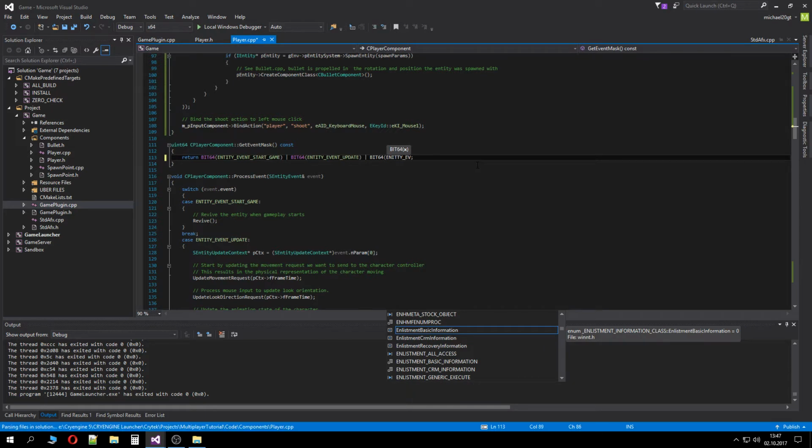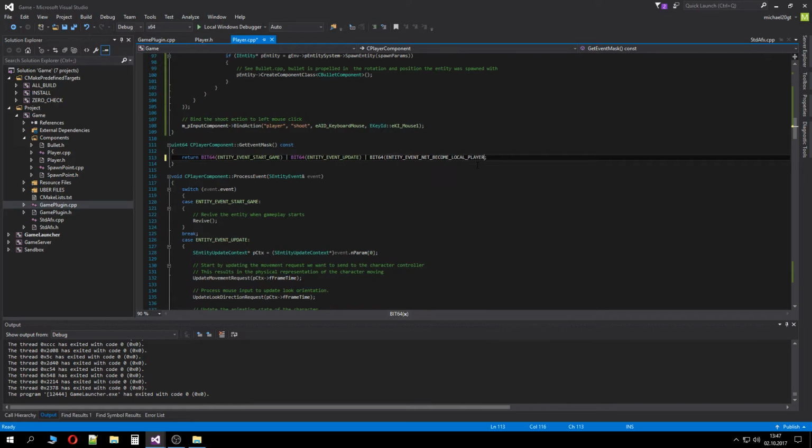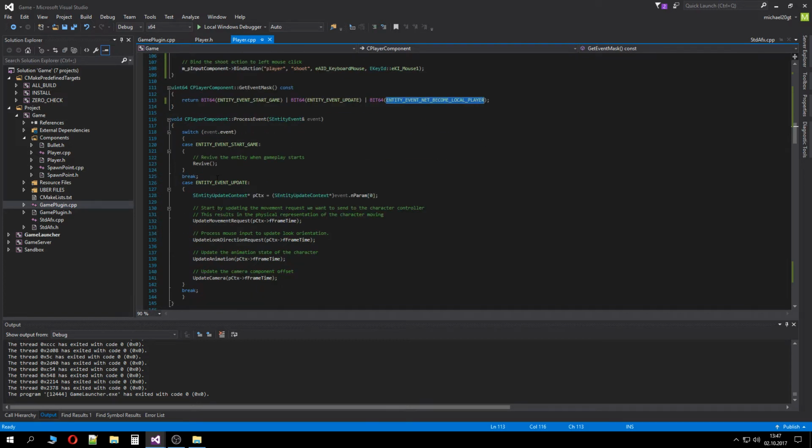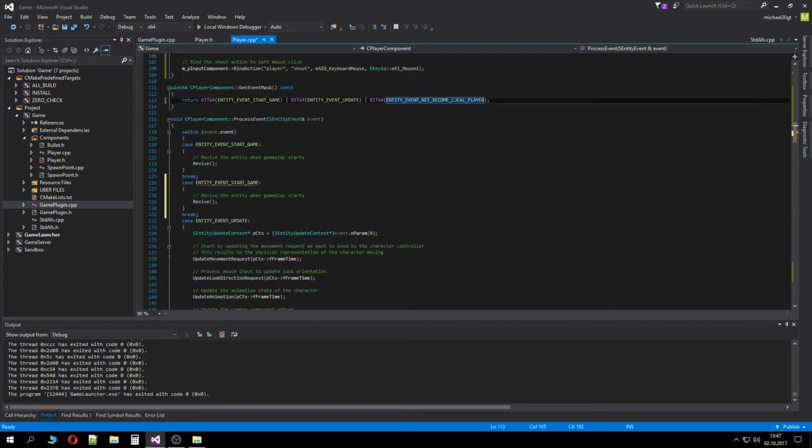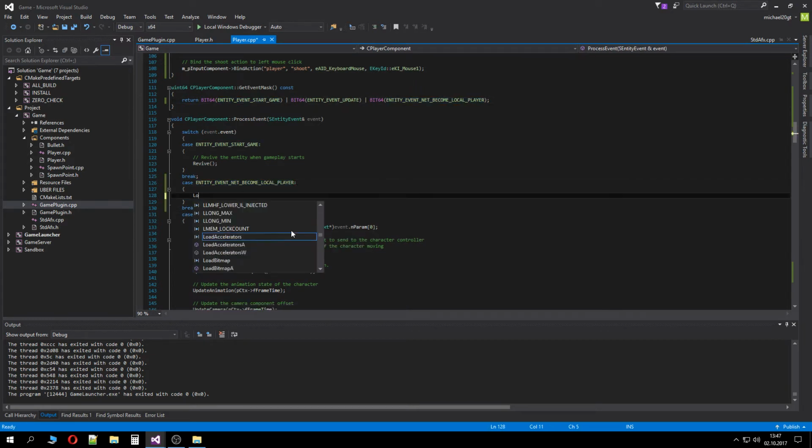Entity event net become entity eve, and okay, I messed up. Entity event net become local player. This is called when obviously you are not the server. So we want to just copy this. Okay, what this is actually going to do is just local player